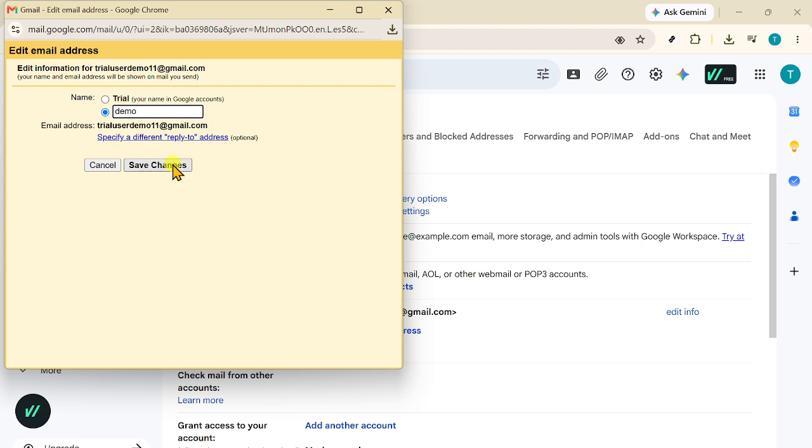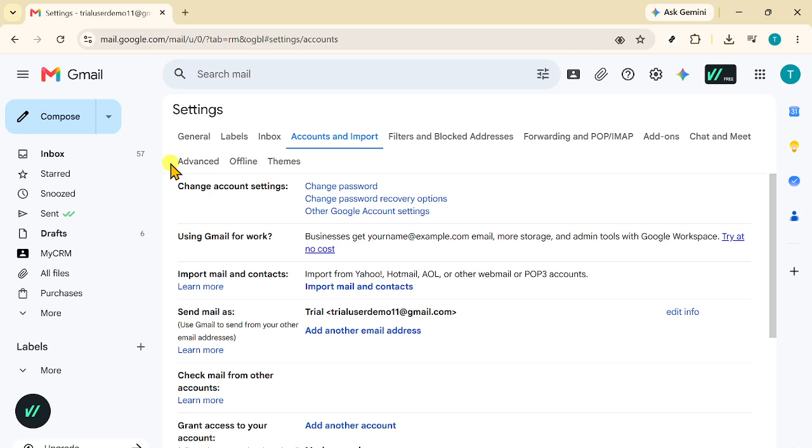they receive your emails. Before you finish, take a moment to double-check the spelling and formatting of the name you entered. If you're using this for professional communication, you may want to keep it simple and recognizable. If your goal is more privacy, choose a name format that shares less personal information while still being appropriate for your communication needs. Once the change is applied, future emails you send from that Gmail account should reflect the updated